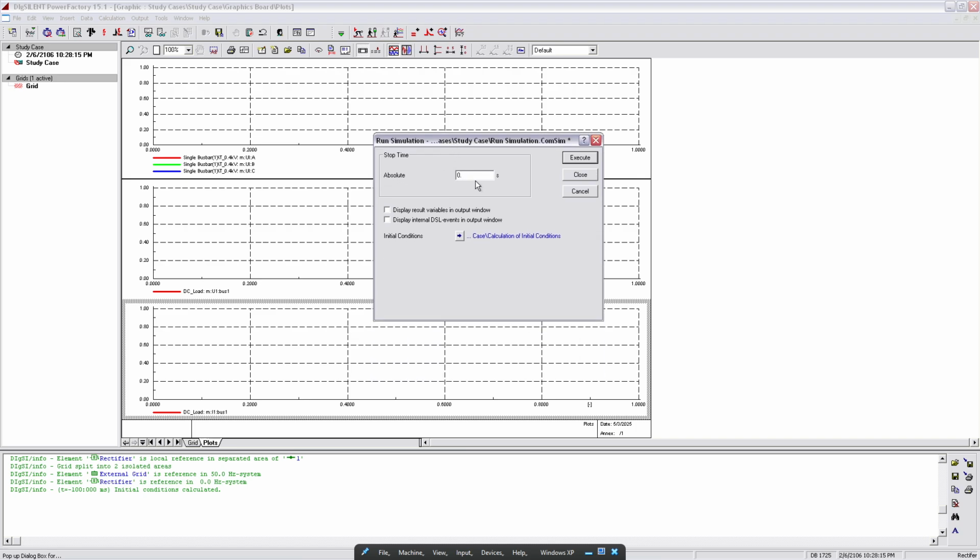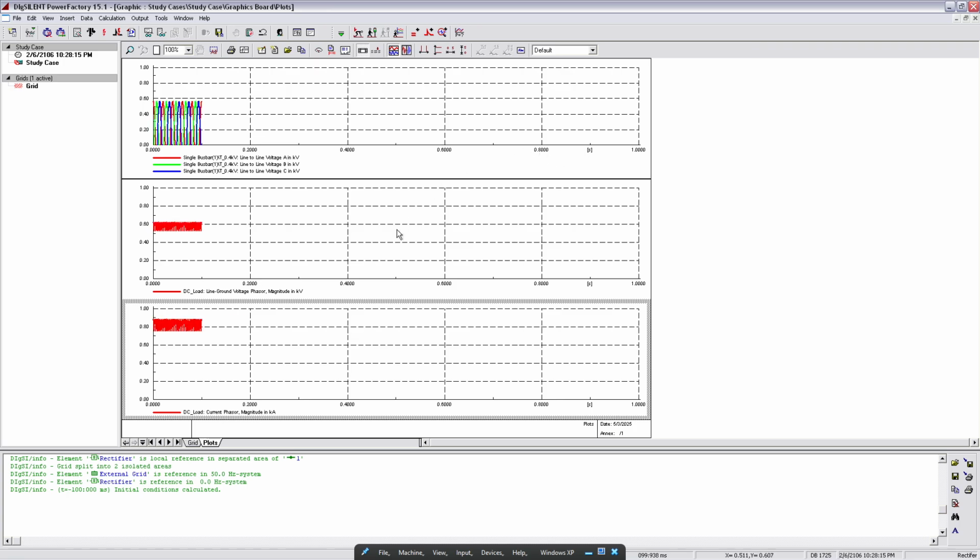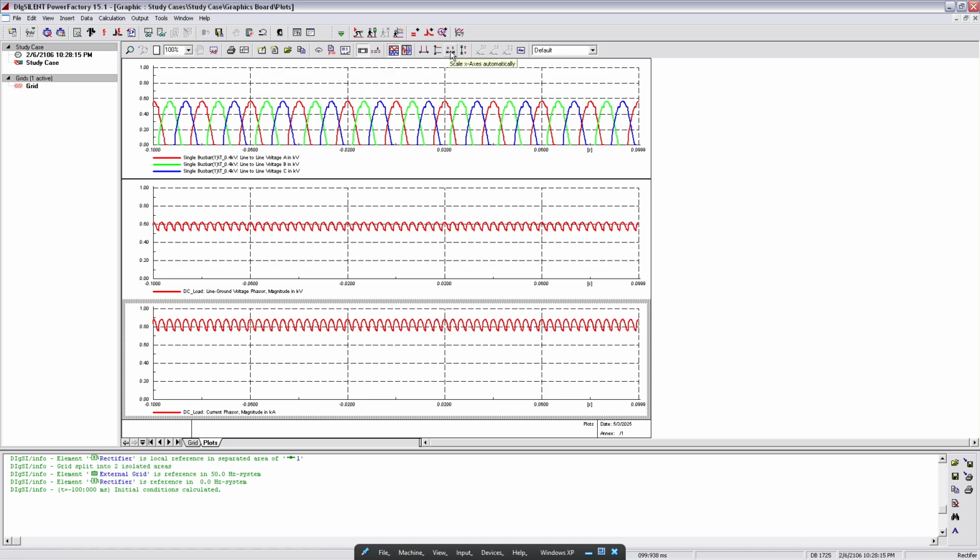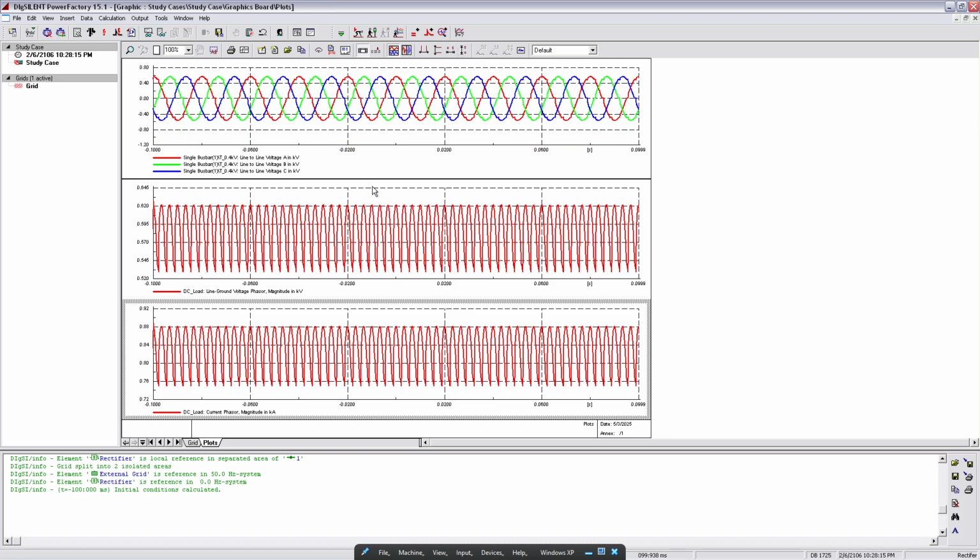This will run the initial conditions, and then to run the simulation again, if I click there, it asks me for what time the simulation should be run. Let's call it 0.1 seconds and execute. So the simulation is run, and we need to rescale the axis, which we can do by clicking here, scale x-axis automatically, and this one, scale y-axis automatically. So now we see the curves